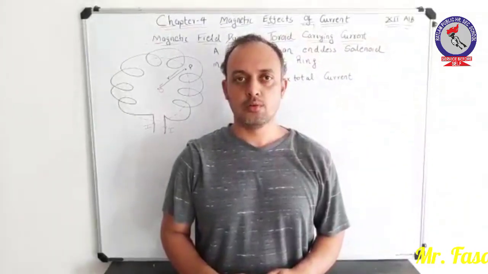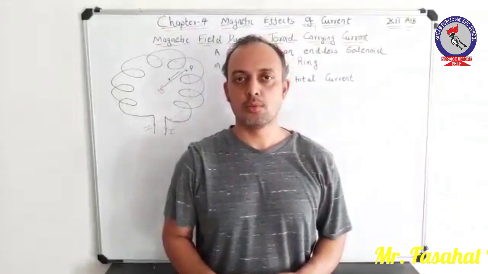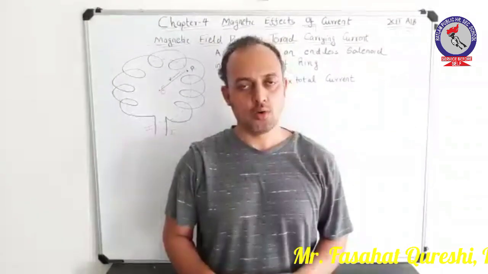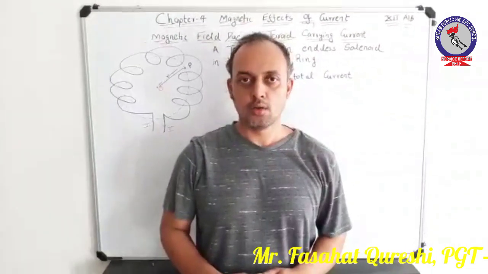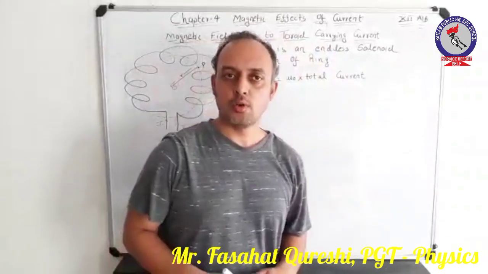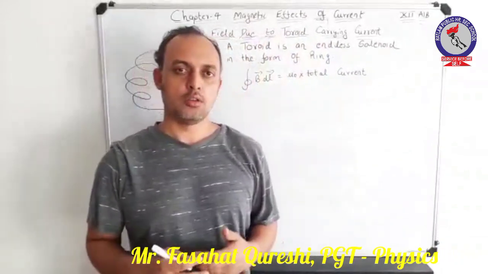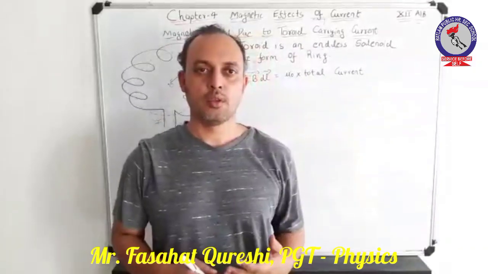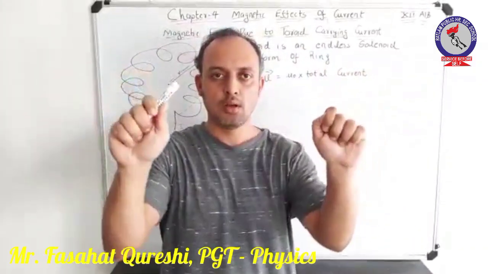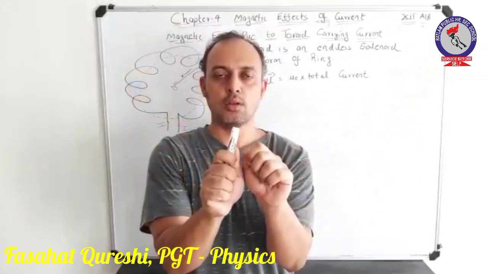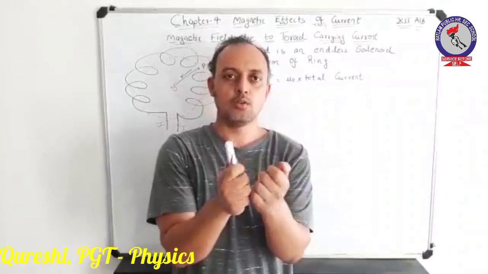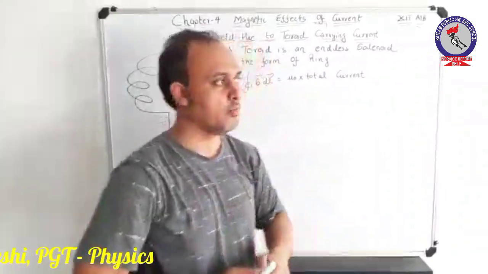In this section of our video, we will be going through the concept and derivation of the magnetic field due to a current in a toroid. Let us study what a toroid is. As we had already gone through the structure of a solenoid, the toroid is a bit similar to that of a solenoid. If you hold the ends of the solenoid and give it a circular form, that is, if you bend it in the form of a ring, you will get a new structure called a toroid.